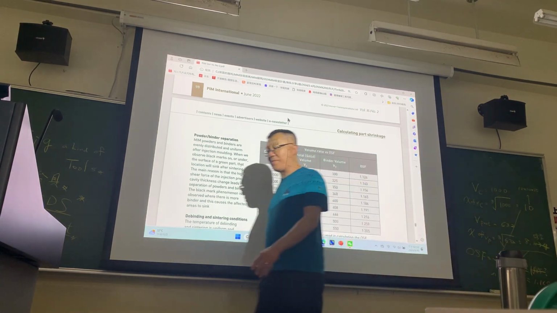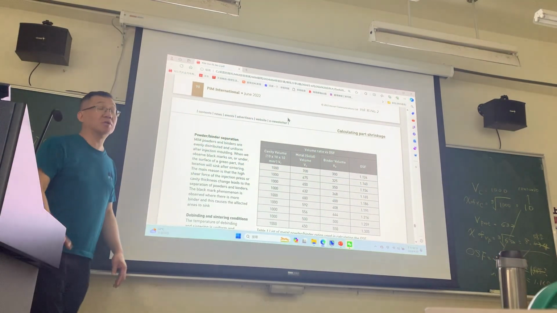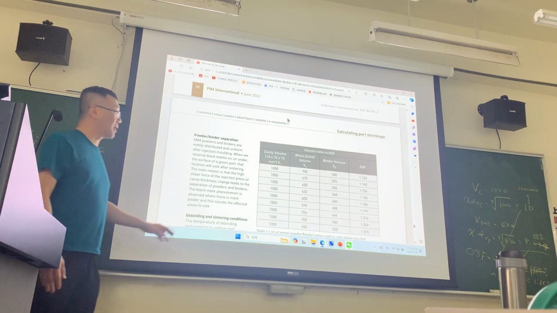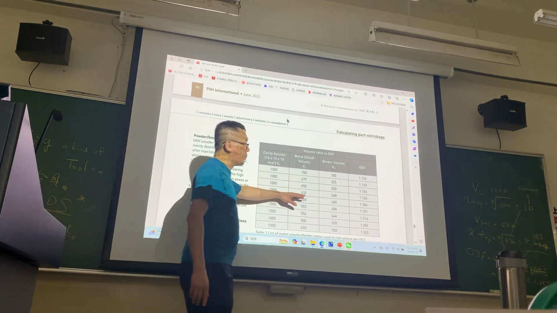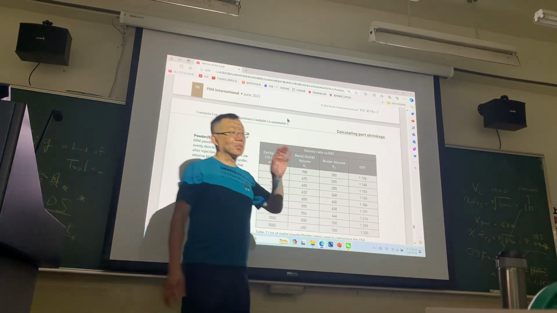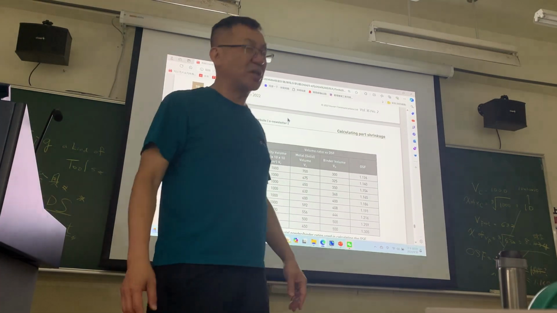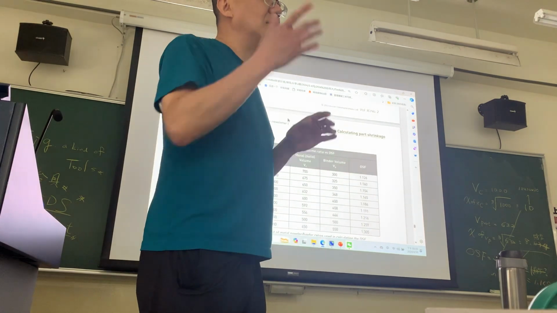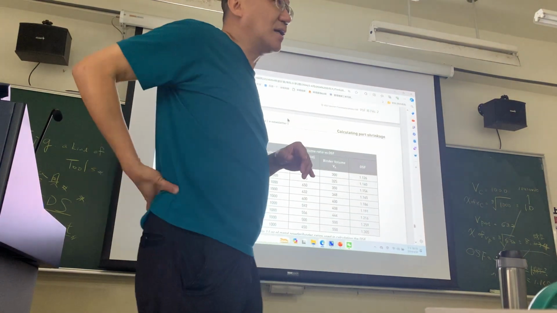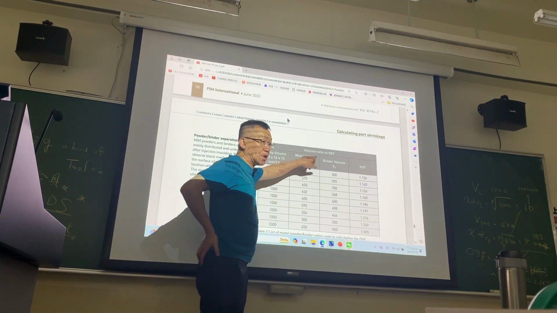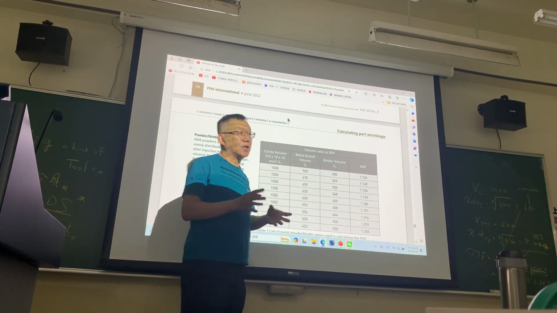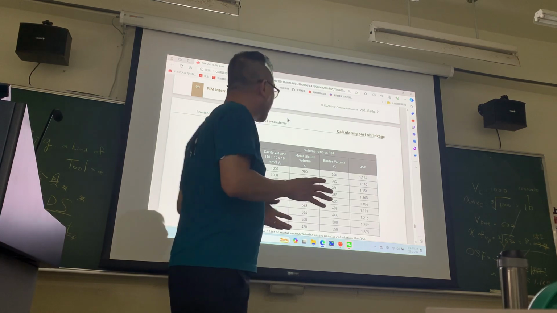And BASF, a German chemical company, is the developer of this technology and defined it. This is a limitation for MIM. 30 years ago, they defined this one. This is just the powder loading. We call this one just powder loading. Okay, powder loading if approaching